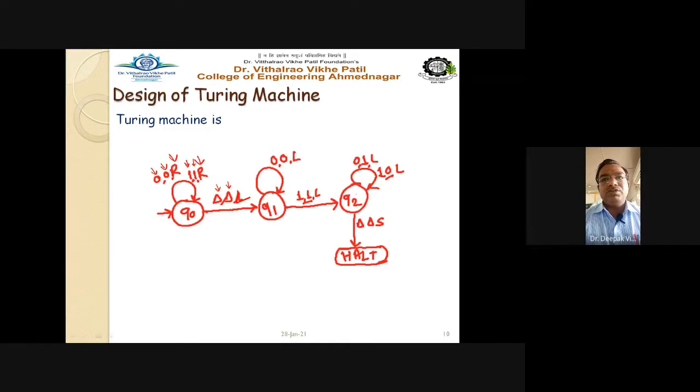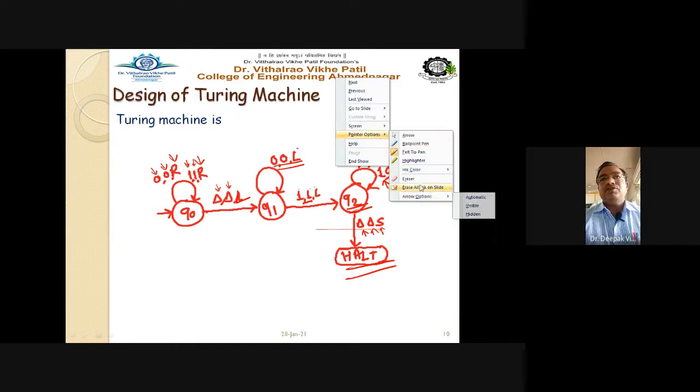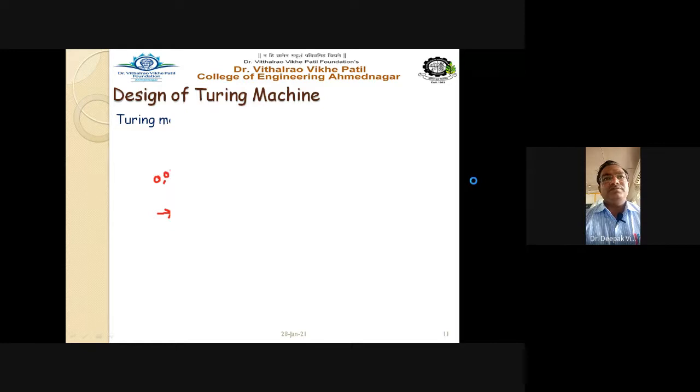Right. So we are changing only at Q2. Input is 0, we have to go for output equal to 1. Move to the left hand side direction. And input is 1, output is 0. Move in the left hand side direction. But for all other transitions, the transitions are 0 0 L or 1 1 L. All the transitions are there. Or we can have the capital delta, and S is nothing but stay there, means you have to stay here, and it is nothing but the halt state, right? Okay.